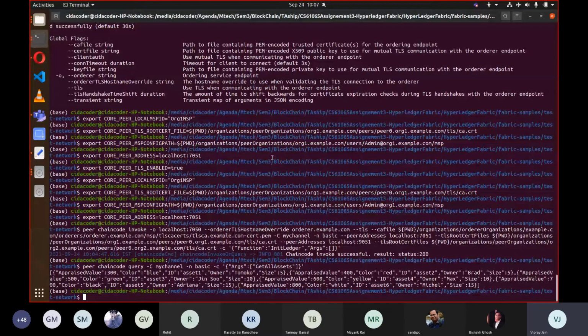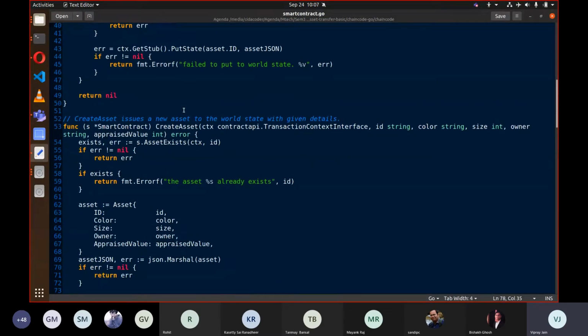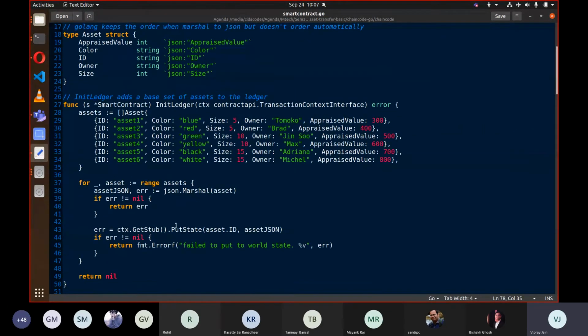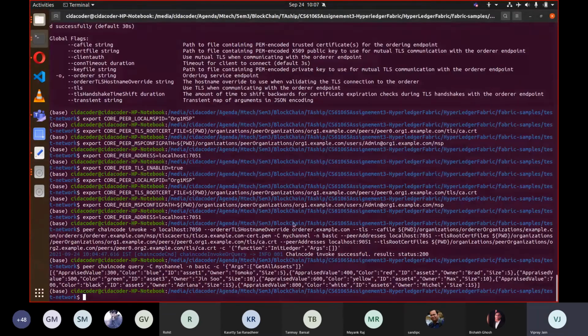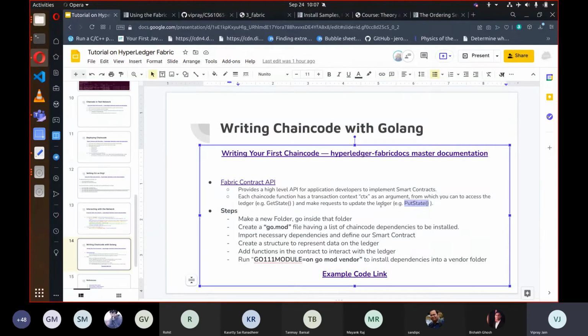The PutState function we have just seen in our InitLedger function, which takes a key and a value, and this will update our ledger. So I will be doing these steps. Also, I have uploaded the code which I am going to show you on GitHub. So you can go to this link and download that